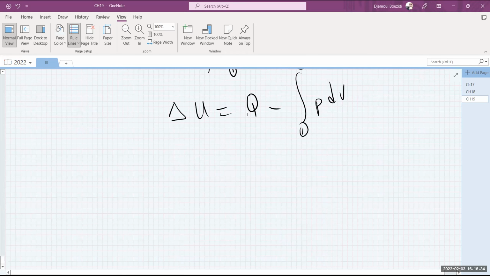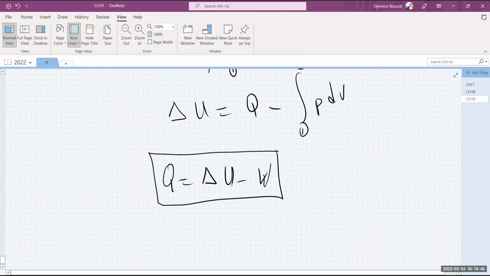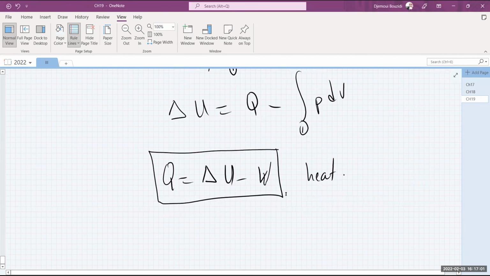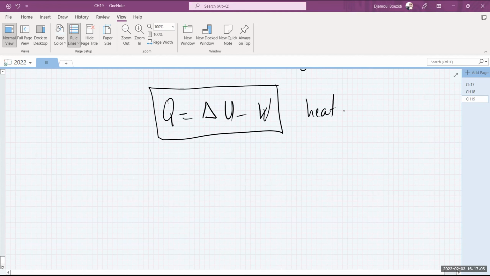Obviously, there is an issue with Q, the heat. From this formula, you can write it as Q is equal to delta U minus W. That's one way of finding it too, okay? That's how much heat is added. Obviously, if it turns out to be negative, it was extracted, not added, okay? So this is what we have seen. We have seen also some interesting cases, namely 4 processes.